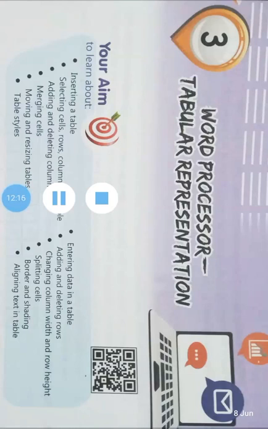I hope you understood this chapter. Once again, I am telling you the basic information of this chapter, as I have finished with both the parts of the chapter. What is table? A table is an organized arrangement of data. Data can be a number, text, pictures and other objects which consist of a number of rows and columns. The horizontal lines are known as the rows and the vertical lines are known as the columns, and the intersection of row and column is called a cell.